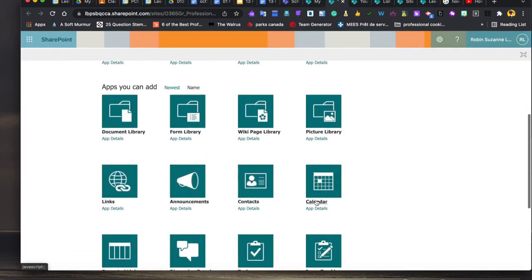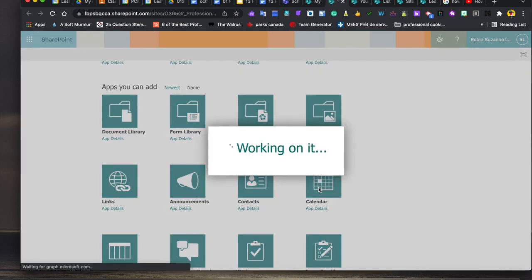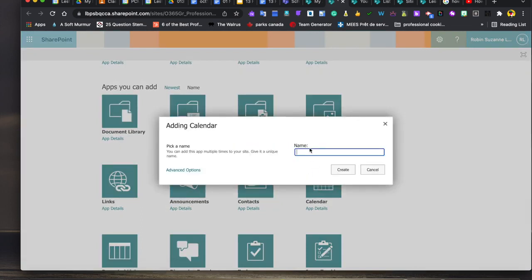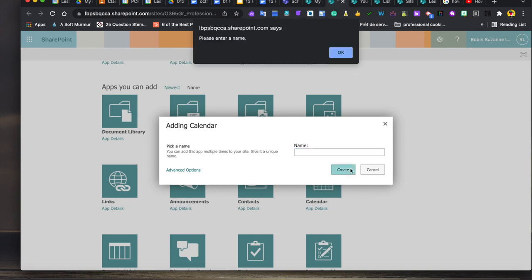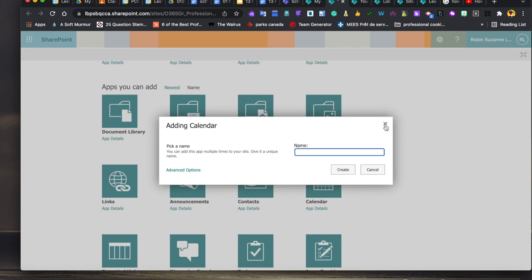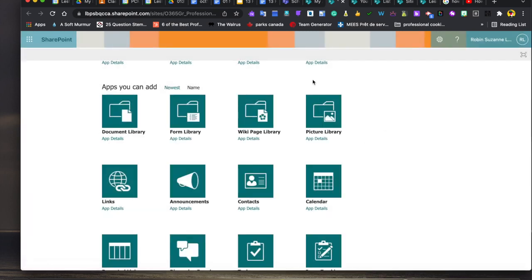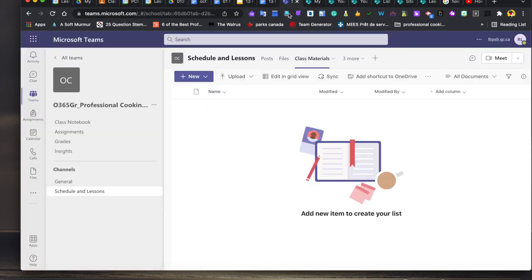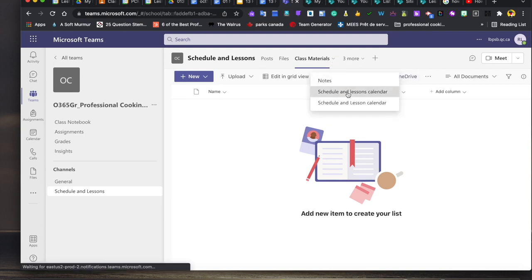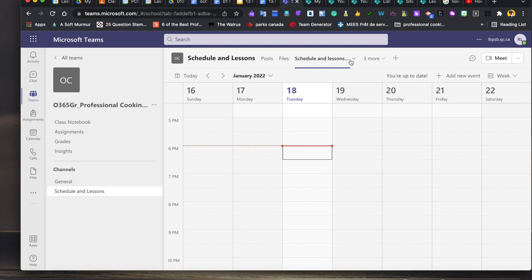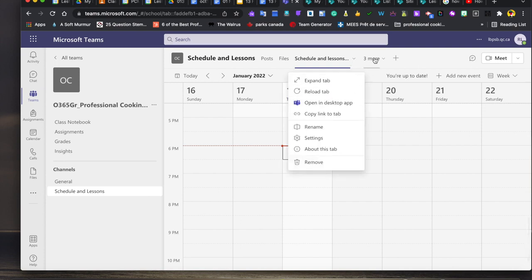You rename your calendar to whatever you want. I already have it in here, so you could call it lessons. You create the calendar, and then the calendar appears in the Teams app under here. See, I should have renamed them because now I can't figure out which one's which. Anyway, it doesn't matter. Let's go to the other one. Now the calendar appears here in your